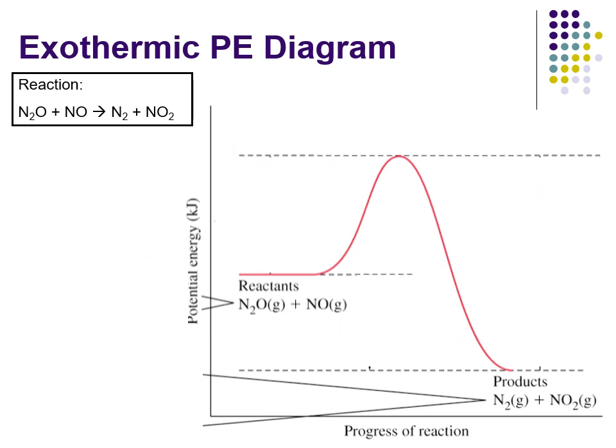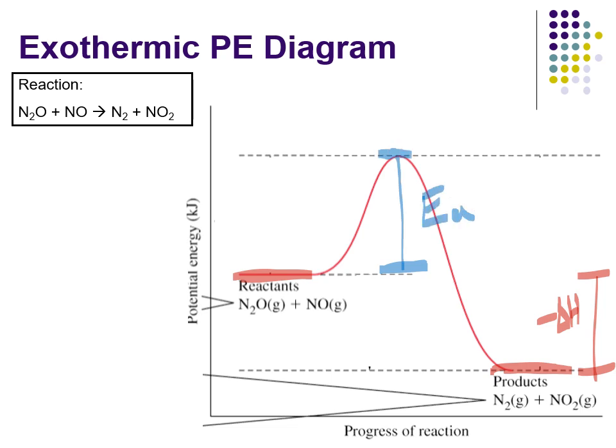If it's an exothermic one, again, the reactants have more energy than the products, so our delta H is going to be a negative delta H. But we must realize that we can't go directly to the products. We also have to put in a certain amount of energy, and that is the activation energy required to get to this activated complex, which is just some sort of species in between the reactants and the products. So in this case here,